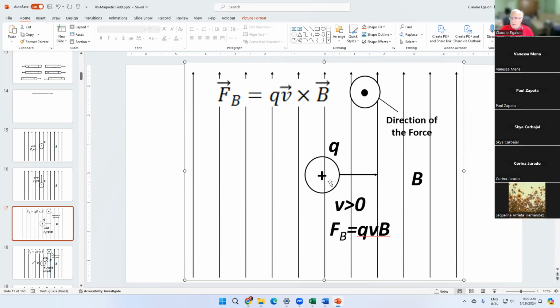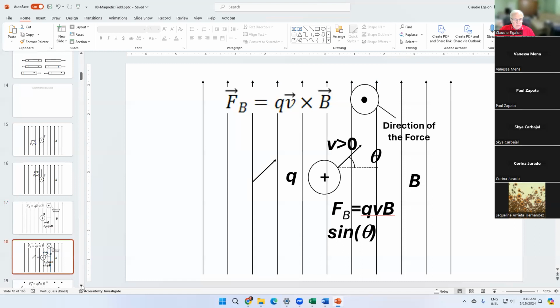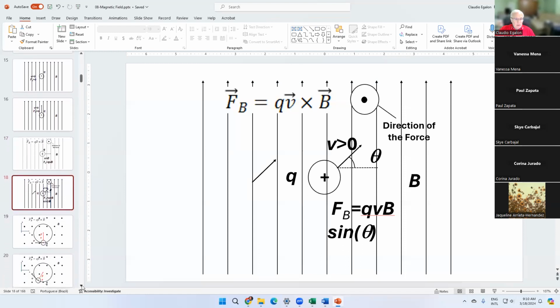So here's the velocity vector of the charge, and here's the magnetic field. This angle here is the angle theta that I mentioned before. This one I can edit, that's good. Here's the velocity vector and here's the magnetic field. So you put those two vectors